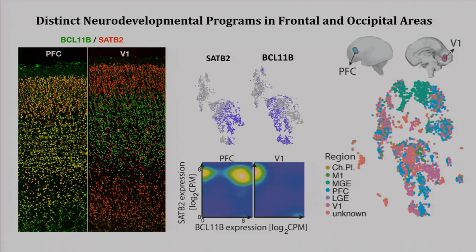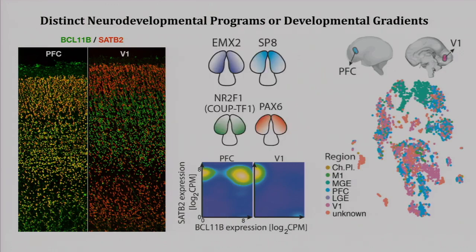We were able to validate these differences in expression pattern in primary tissues. Again, looking at the prefrontal cortex, these markers are co-expressed. There are beautiful antibodies that are available. Whereas in the visual cortex, these are exclusively expressed independently. Now, as I mentioned earlier, during development, we know a lot about gradients. These gradients are induced by signaling centers in different parts of the emerging telencephalon, and the transcription factors establish graded expression across the prospective cortical protomap.